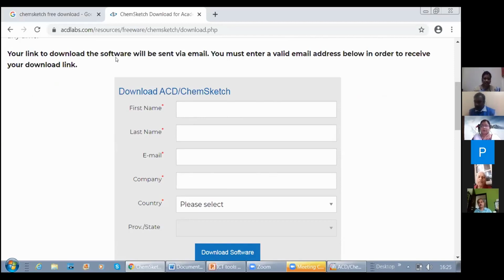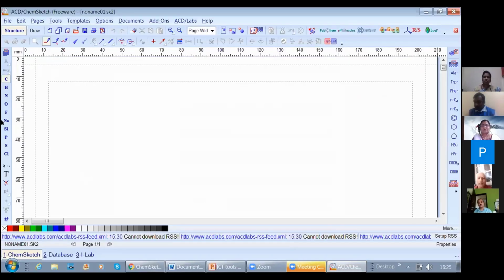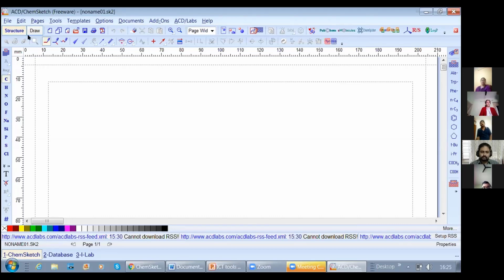Now I have already downloaded it, so I will be presenting you the page directly. So this is how the ChemSketch page looks. Okay. So here first we have the menu bar, and then there is the toolbar on all three sides. To begin with the introduction, here are some of the tools.